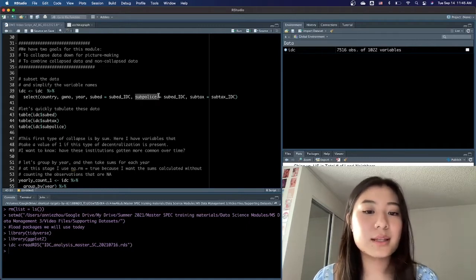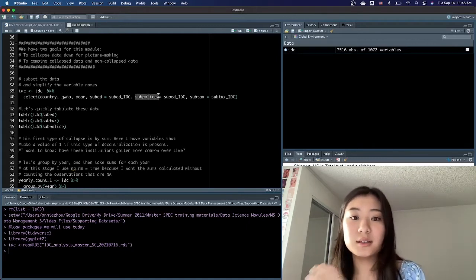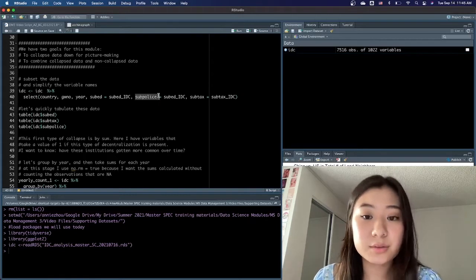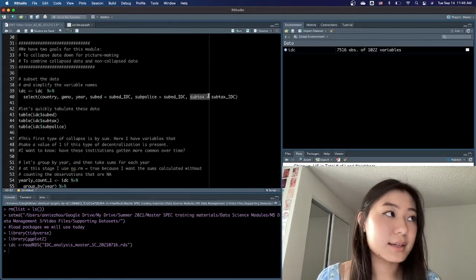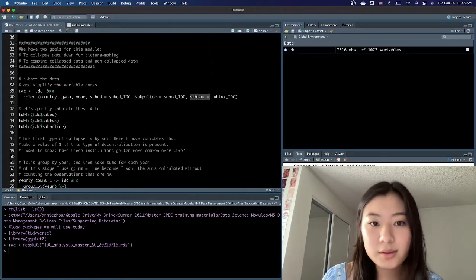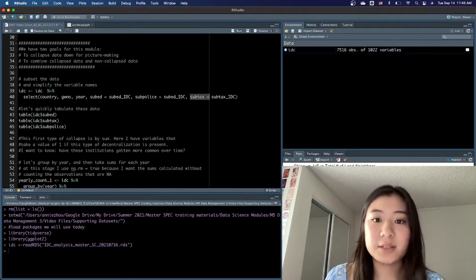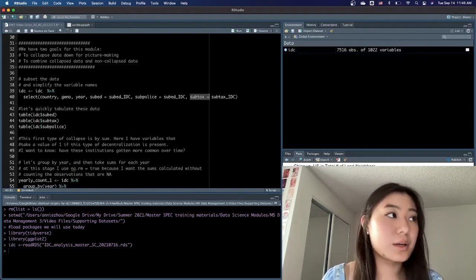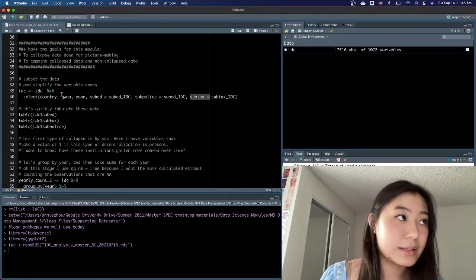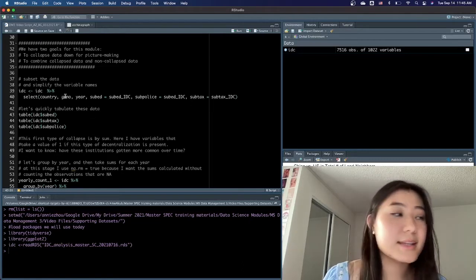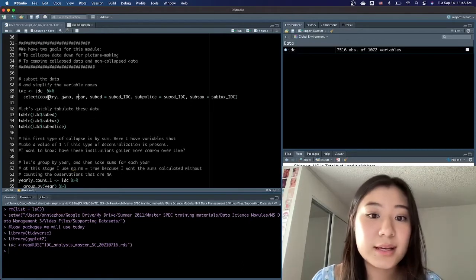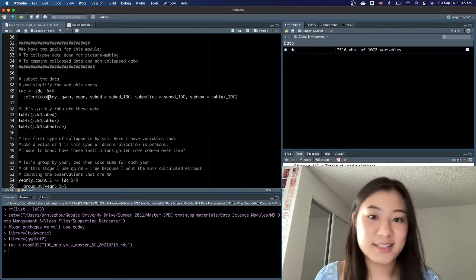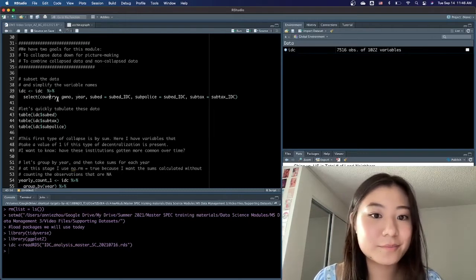And third one being the power of subnational governments to levy their own taxes, which is sub-tax. We will also keep our key identifier variables, which are number 1 being GWNO, and then a year, as well as the country name, because it's nice to be able to see what's really going on here.